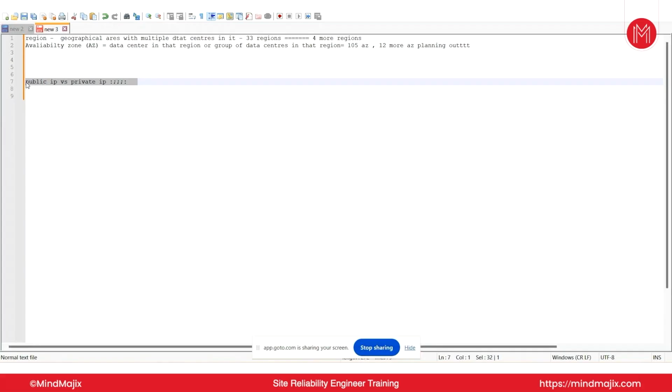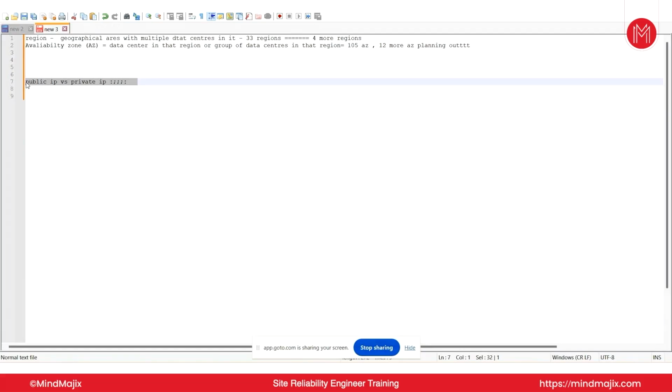Let us say you are working on something, let us say you are troubleshooting something. At that particular point of time, you need to at least know what it is about. I don't think anyone will ask you, hey, tell me what is this or what is that. But you need to understand the basics, like what is a private IP or a public IP, what an instance means. If anyone is telling you to go into a server, at least you need to know that instance and server are both the same. It's just that he's talking from the AWS point of view. So these are all basic terms, but you need to know the classical difference.